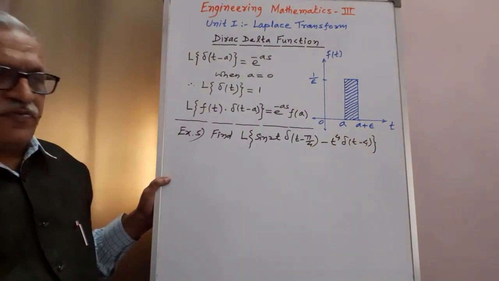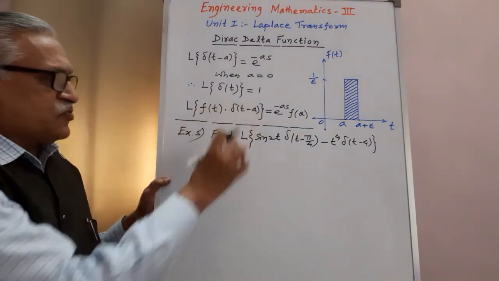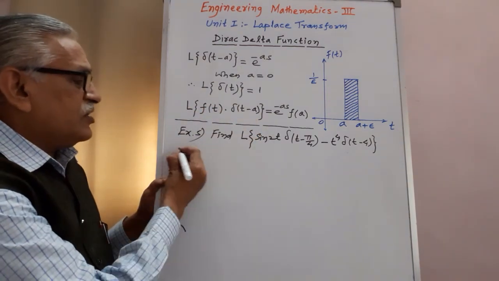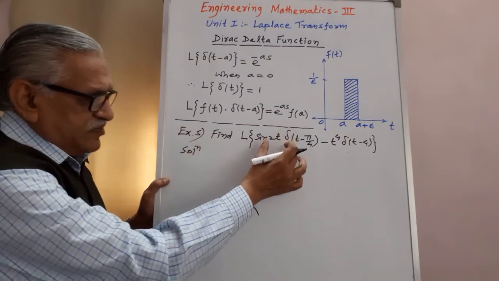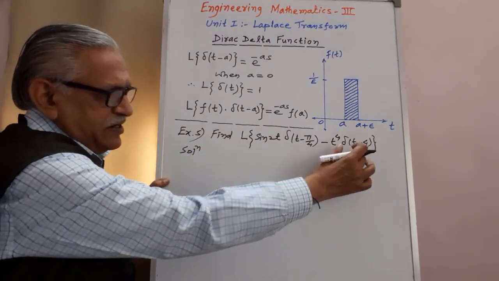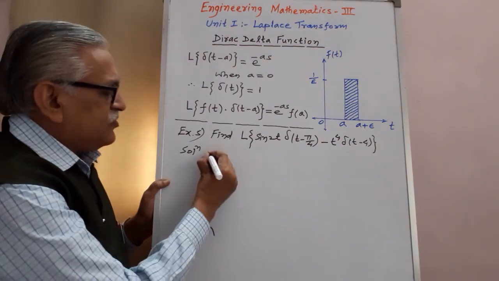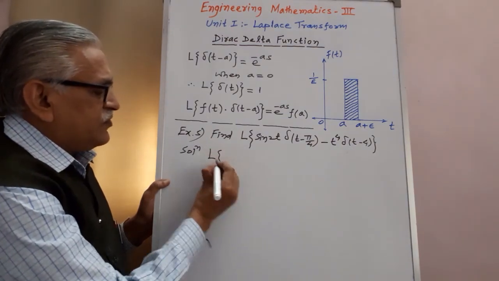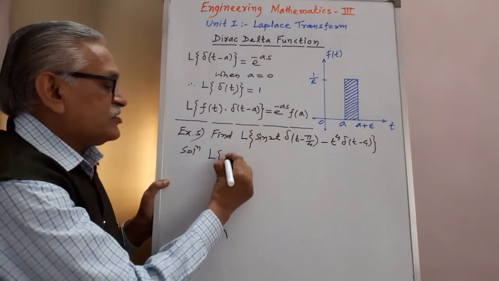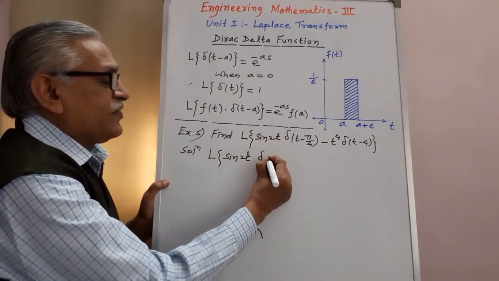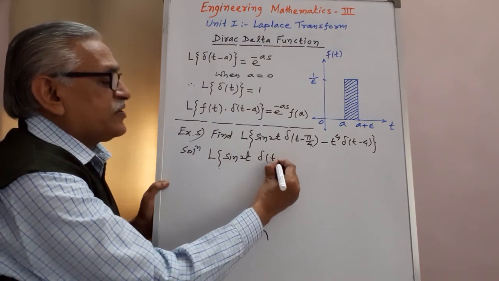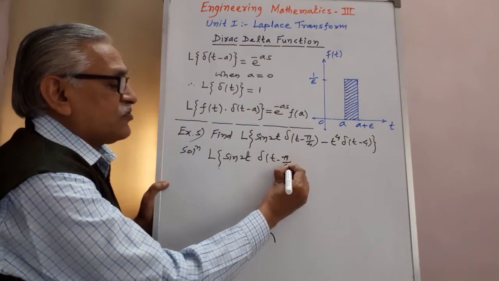It is a combination of two terms of this type, and therefore we try to find Laplace of the first term minus Laplace of the second term. Therefore, I will first find Laplace of sine 2t into the Dirac-Delta function delta of t minus pi by 4,